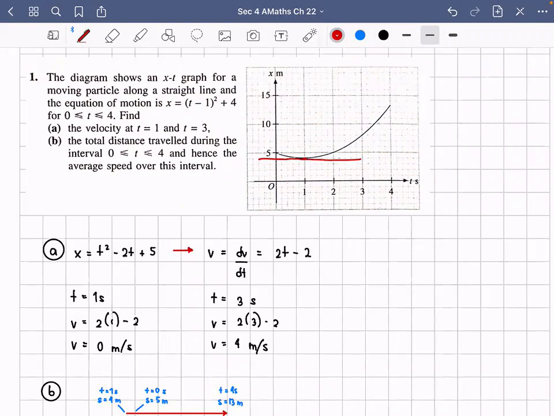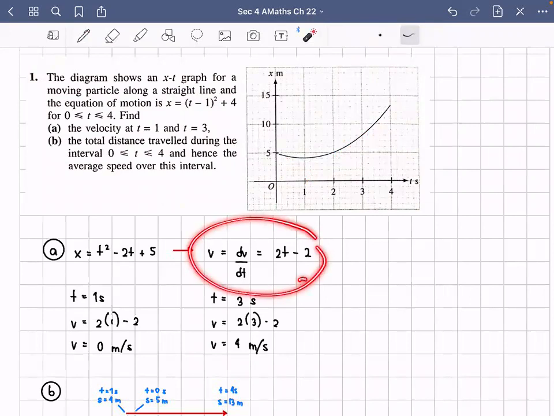And then let's say when t is equal to 3, so it's over here. So again, you should draw a tangent for that point, and then find the gradient of that line that you created, or the gradient of the tangent. That's one way. Or another way is also, just like in the previous chapter, you can take the derivative of the displacement function, which is